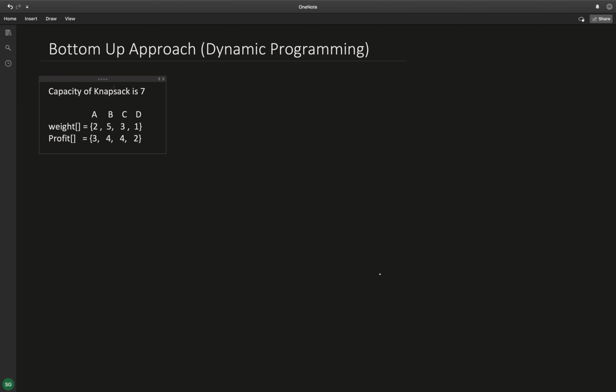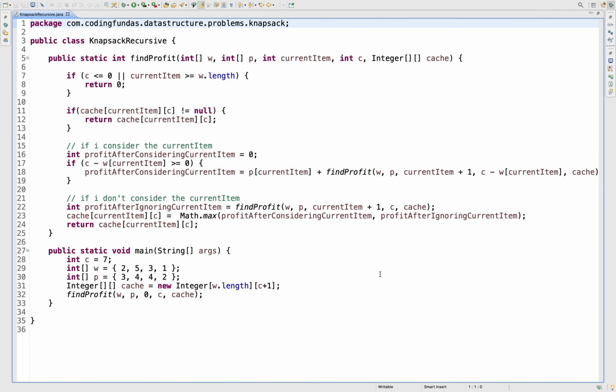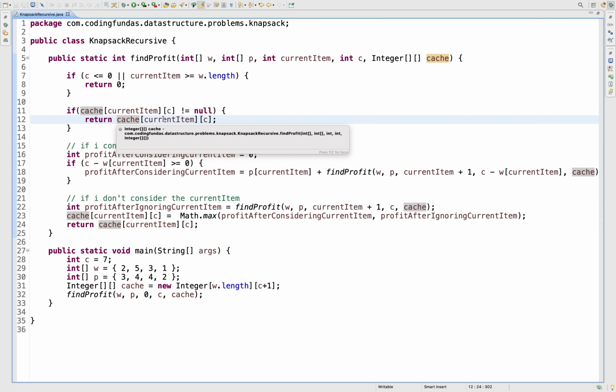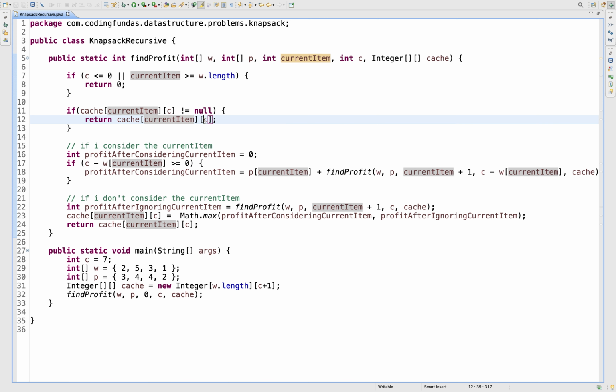Now we will look at the bottom-up approach to solve this problem. Previously we saw a solution wherein we were caching the value. This approach is called recursion with memoization, or the top-down approach. If we look at the array that we have used and analyze it further, it is an array with the current item and the capacity. The current item is the item or index that we are currently considering, and C is the capacity for which we are calculating different capacities.